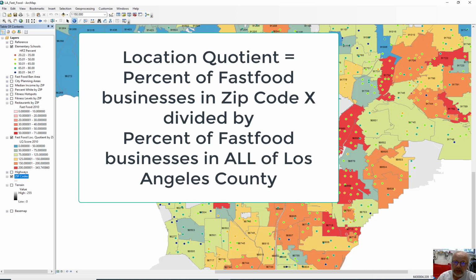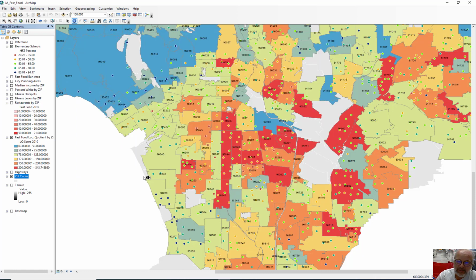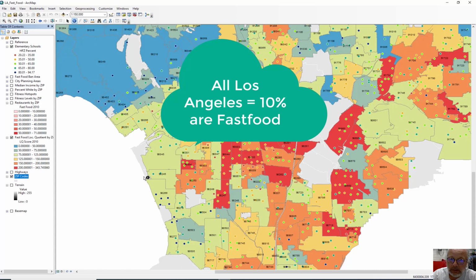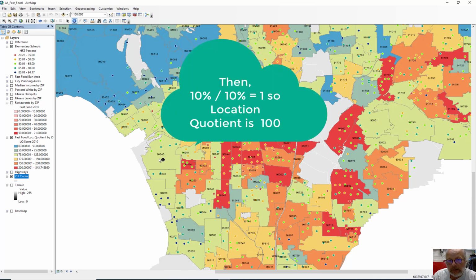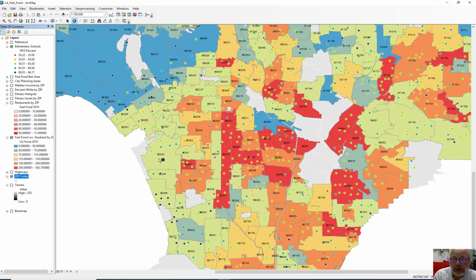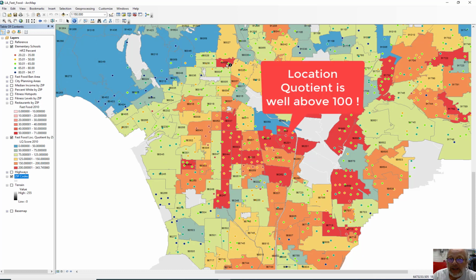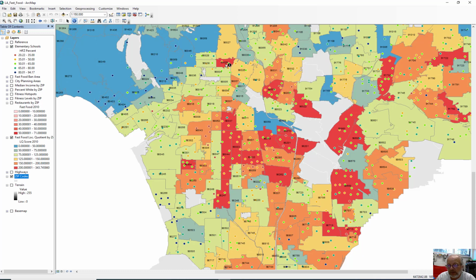So for example, if in Los Angeles 10% of all businesses are fast food, and say in this zip code over here, 90045, also 10% of all businesses are fast food locations, then the location quotient score will be 100, meaning that the local density of fast food matches the region or the whole county-wide pattern. These areas in red have far greater